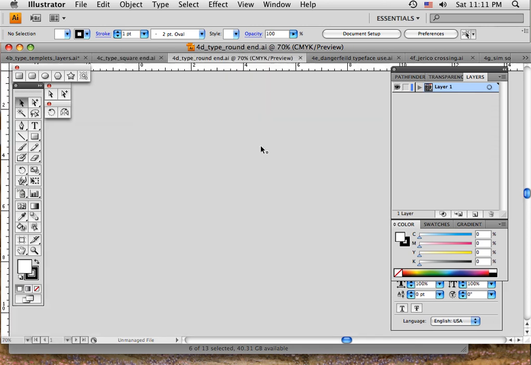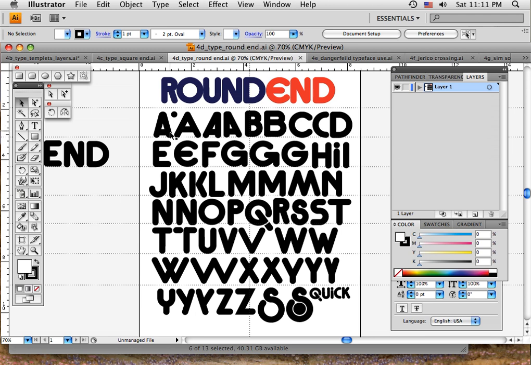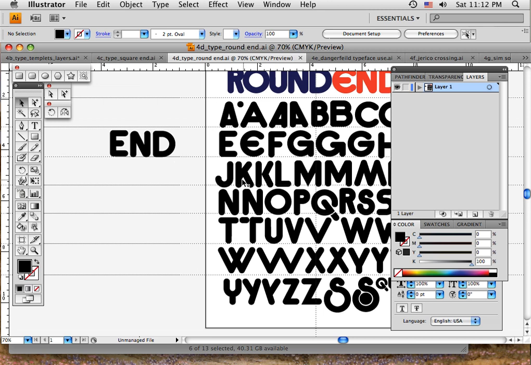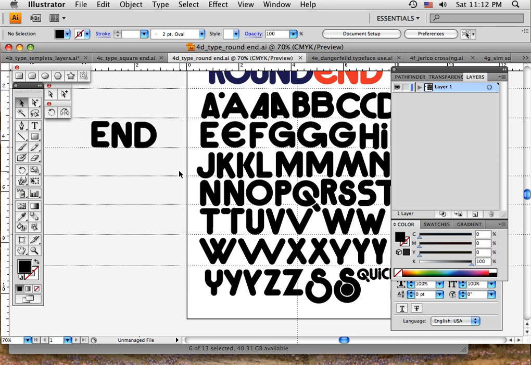And then remember, I made the round end where I took this circle and put it on the end of each of these fonts, and you have a round end line there. And the variety and the use of these things are what I want you to deal with. Now, if I was going to make a word, like I've got a word out here, end, let's make another word,